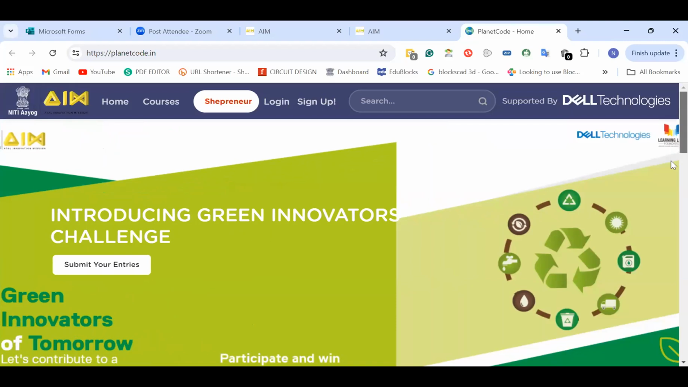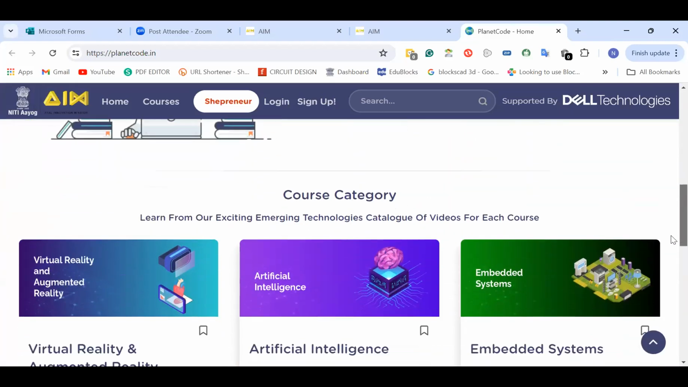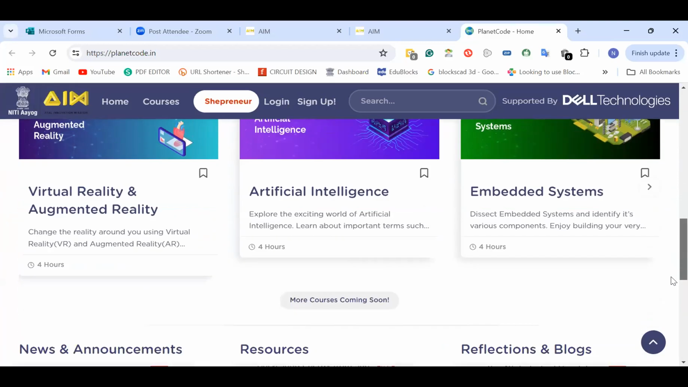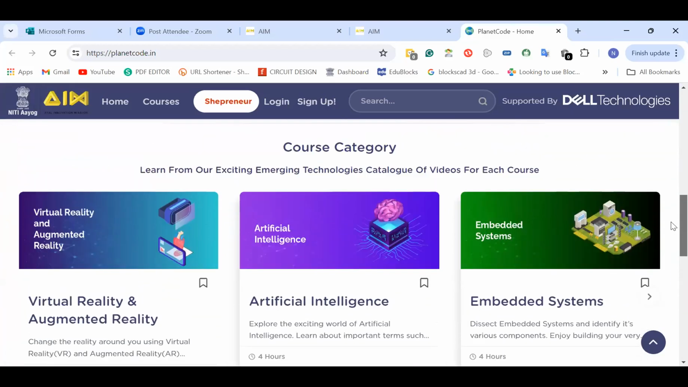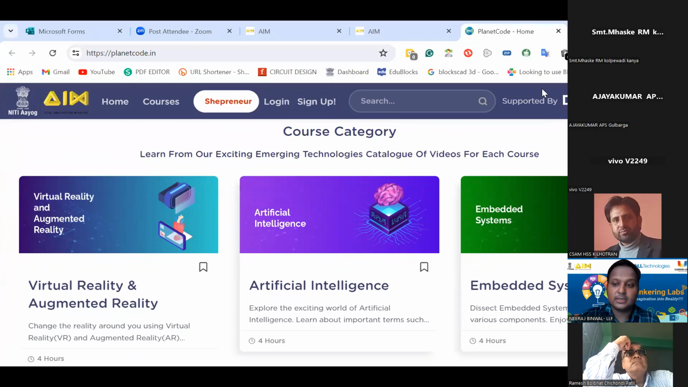If we move a little bit down, you can see the courses offered by this portal, like virtual reality and augmented reality, artificial intelligence, embedded system, and, give me a moment. There are more courses, I just have to move down a little bit. There are a lot of courses available on this portal. The main thing is the students or teachers have to log in, and then after enrolling, they can